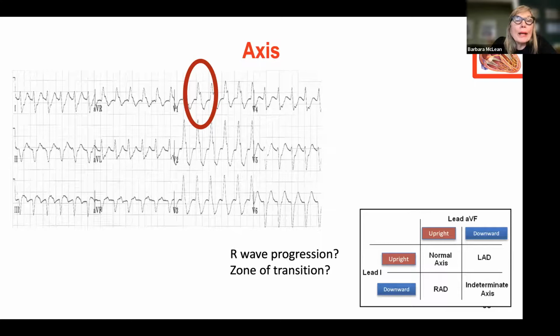He's got an upright V1 with early zone of transition. It is possible that this is a paced rhythm. I don't see pacer spikes. It is also possible that the patient has supraventricular tachycardia with a right bundle branch block pattern. So here's the thing. In either case, the most important thing is look at that patient, take his pulse. That's it. That's the most important thing